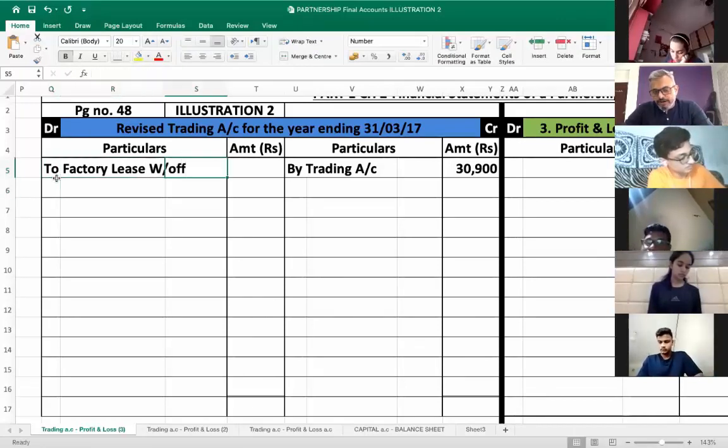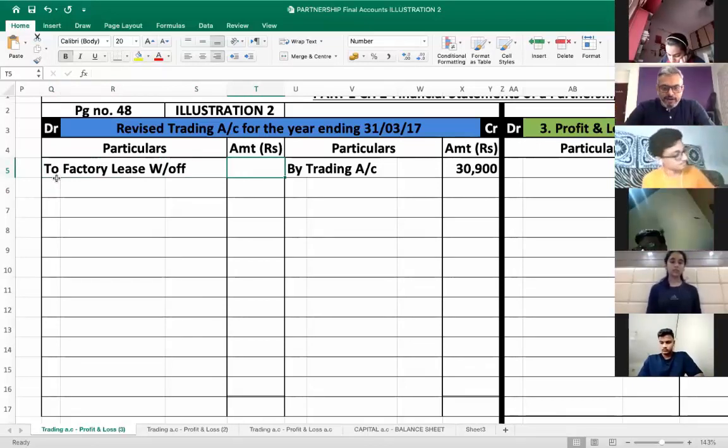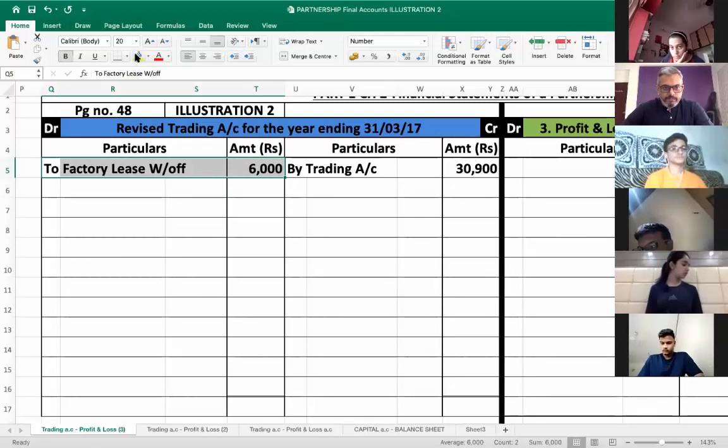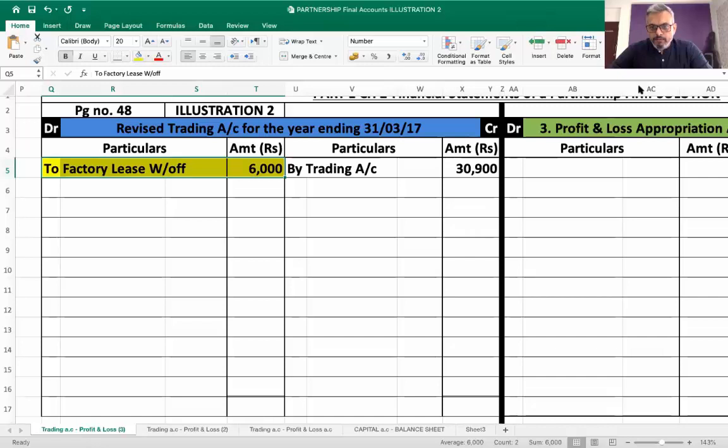Normally in regular trading account, the first item is always opening stock. But here we are making a revised trading account. So order doesn't matter much, 6,000. Understood this? Any doubt? Any doubt? Okay, should I proceed? Okay, now